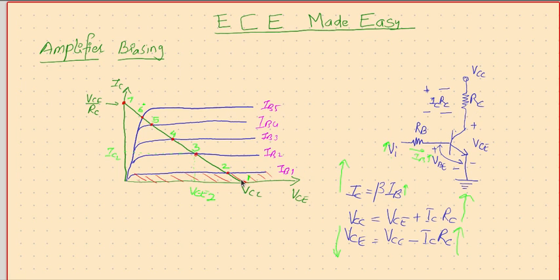As the input increases above this level, which is going to make it VBE here, that is our cut-in voltage we require, V gamma, then current starts flowing, the IB starts flowing, and as IB starts flowing, this point keeps moving upwards, and IC keeps increasing, VCE keeps reducing, as this is increasing.